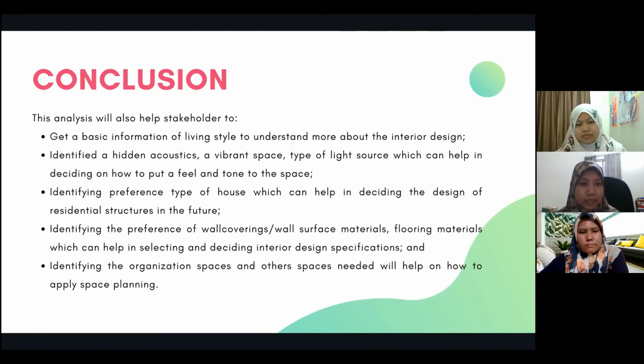Identifying the preferred type of house can help in deciding the design of residential structures in the future. Identifying the preference of wall coverings or wall surface materials and flooring materials can help in selecting and deciding interior design specifications. And lastly, identifying the organization of space and other space needed will help in how to apply space planning.